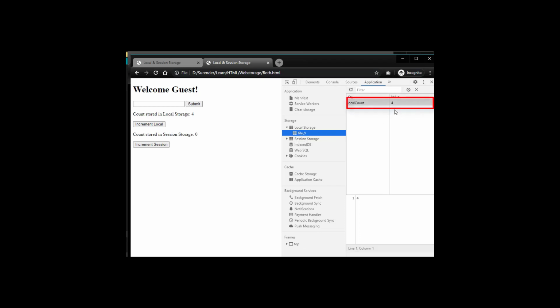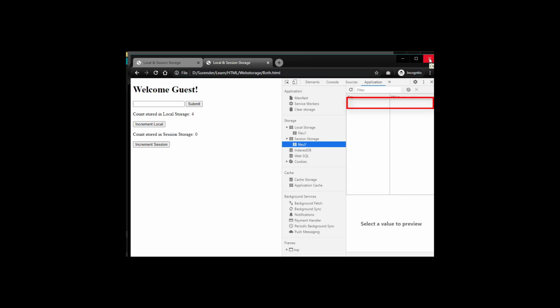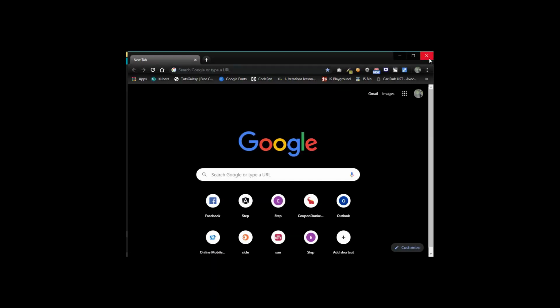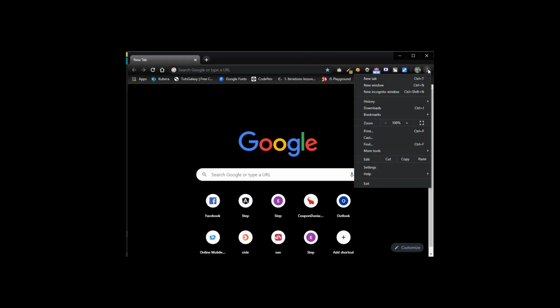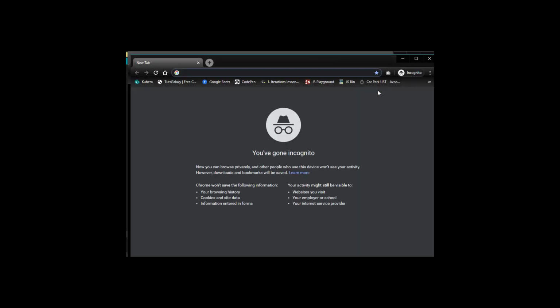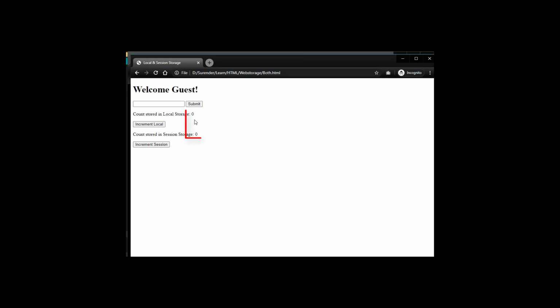You can see the local storage is retained but the session storage is not. Now I'm closing this browser. This time we can see both local and session storage items are 0. That means when we close the browser, the local storage is also cleared.